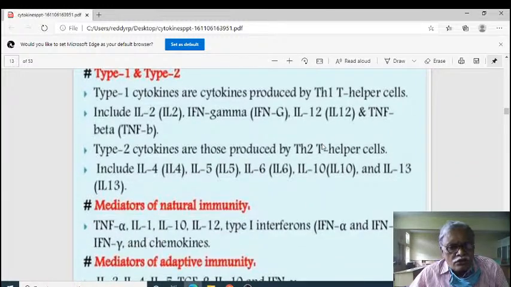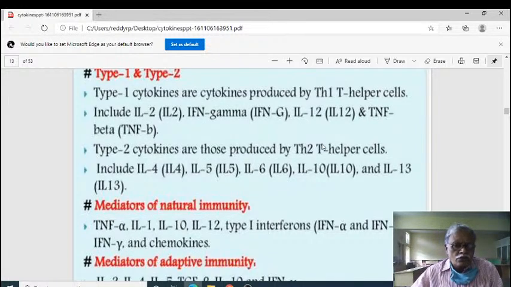So the type 1 and 2. Type 1 is cytokines produced by T helper cell 1: interleukin 2, interferon gamma, interleukin 12, and tumor necrosis factor. Type 2 cytokines are those produced by T helper